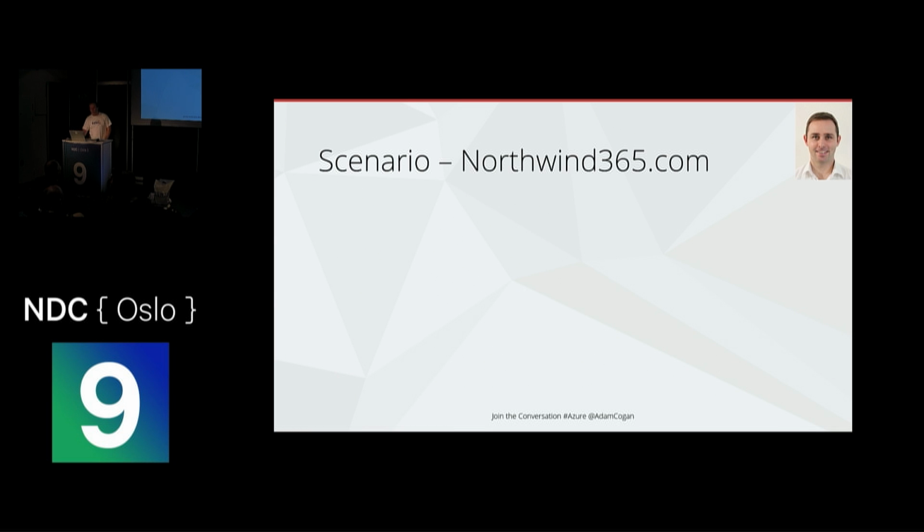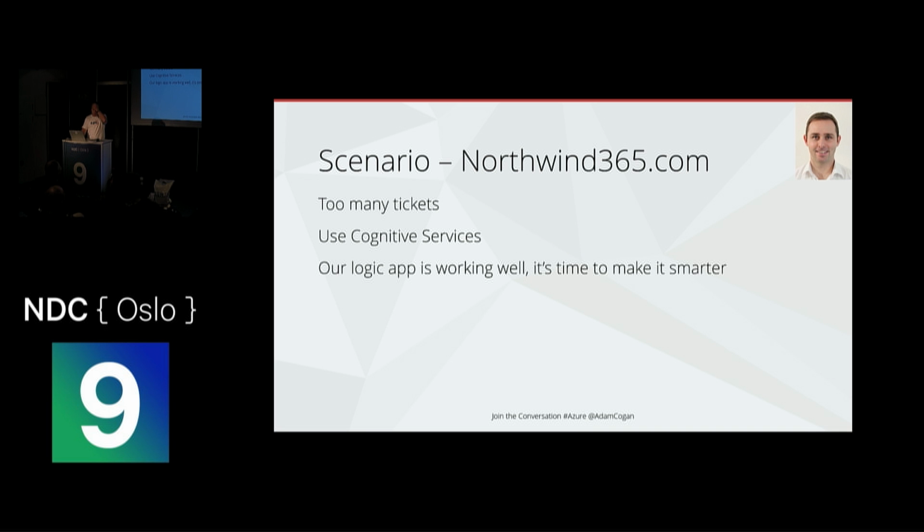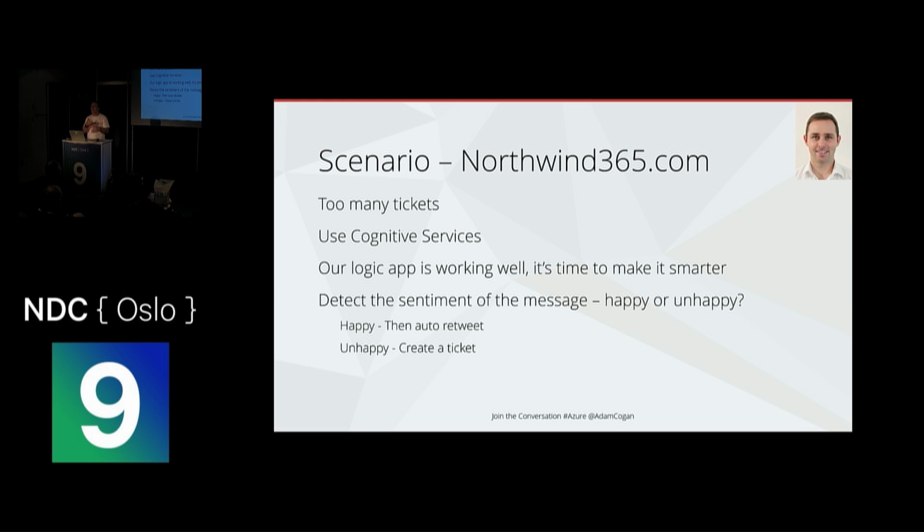So anyway, we want to move forward with Jason. There's just too many tickets going into our system. He's going to use cognitive services. Our app is working really, really well, but we need to make it smarter. If we're happy, let's retweet it. If they're unhappy and they're tweeting that this is a terrible service, it's not working well, why don't we have this feature? They're not happy, let's put a ticket so that the guys monitoring our ticketing system have less work to do. Since 90% of our customers are probably happy tweeting good things, we're taking a hell of a lot of workload off this system. All right, so